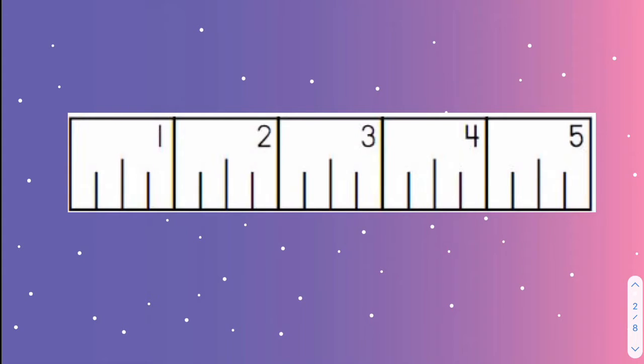So, measurement can be done in a lot of different units of measurement. As you may remember from our area and perimeter lesson, you can measure length and distance in inches and centimeters and millimeters, in yards and miles, in kilometers. There's lots of different ways that you can measure things. The most common way and the most important thing for you to understand in third grade is how to use